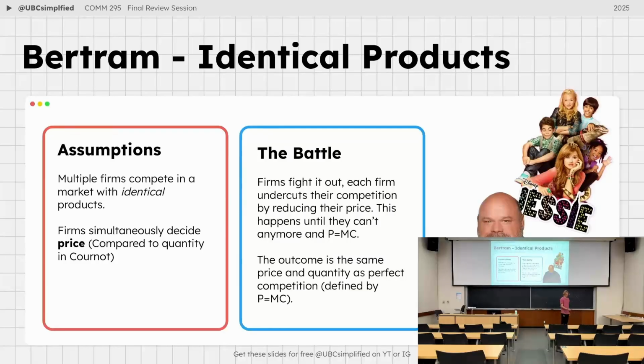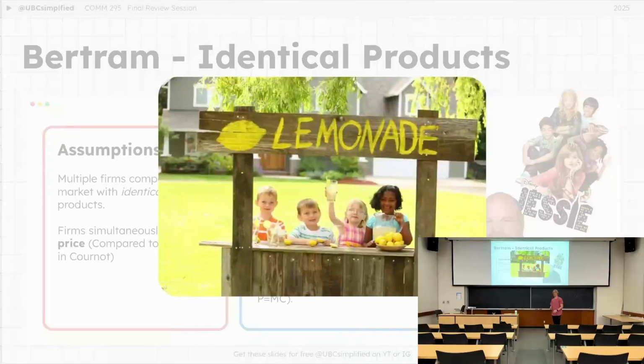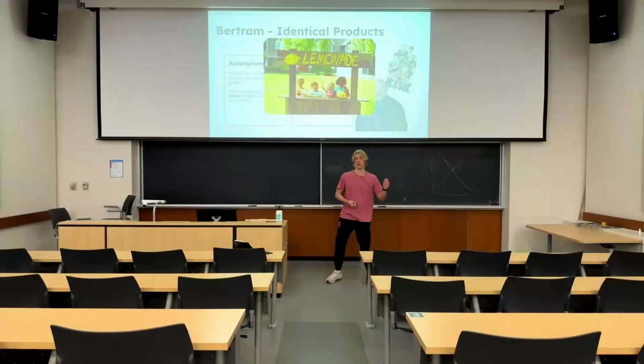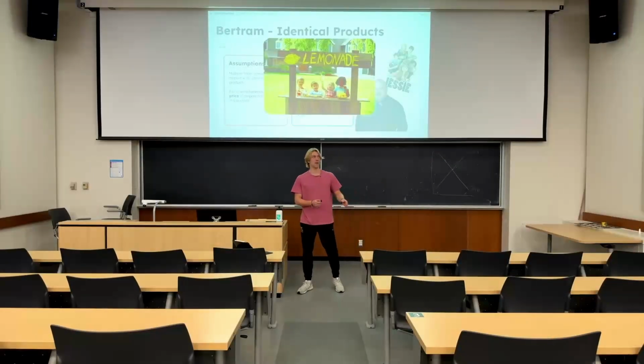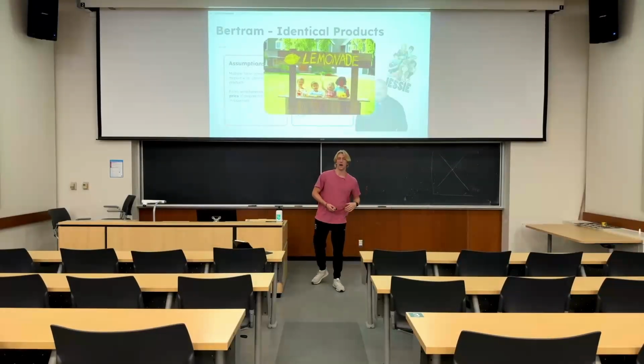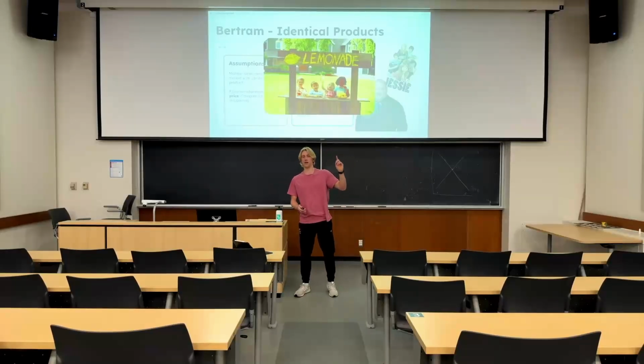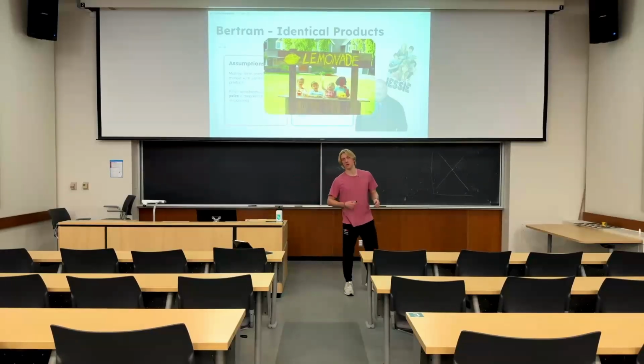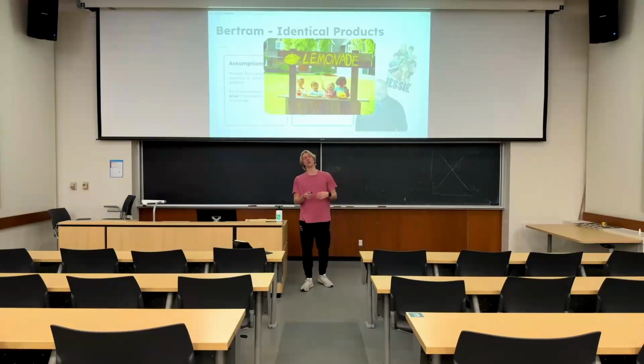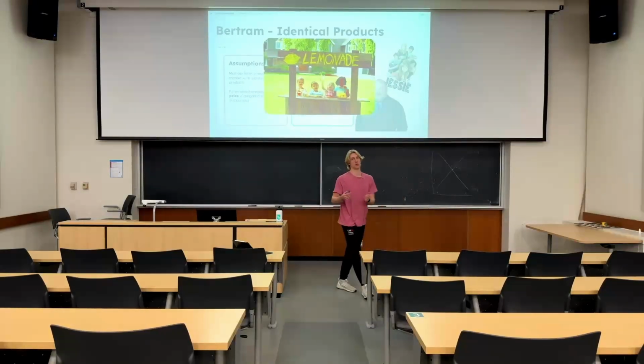So how this is going to look is, if you imagine I was up against these 4 kids selling lemonade right beside them, and they had their cups of lemonade, I had my cups of lemonade, they priced it for $2. I'm going to come in there and say, buy my lemonade, it's the exact same thing, but $1.99. They're going to look at me and say, whoa, what are you doing? They're going to price it for $1.90. And we're going to keep battling it out, undercutting each other until we get to our marginal cost, until we can't